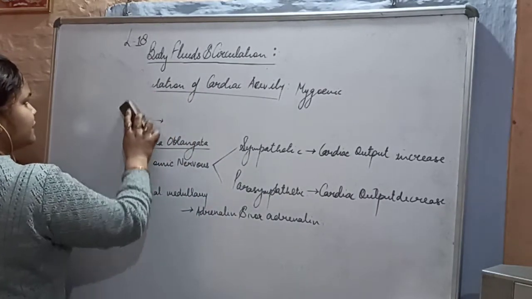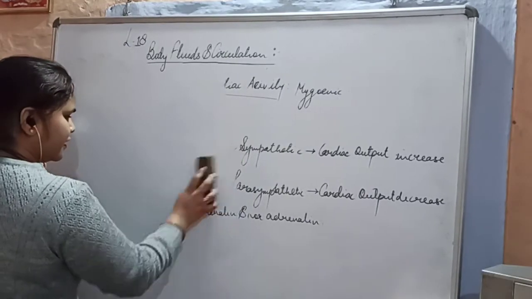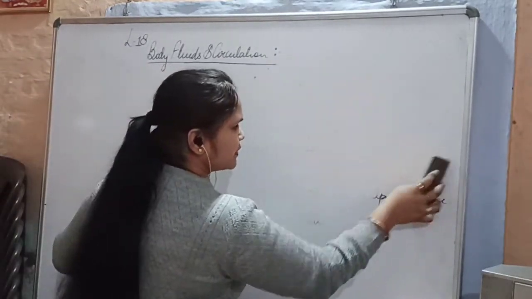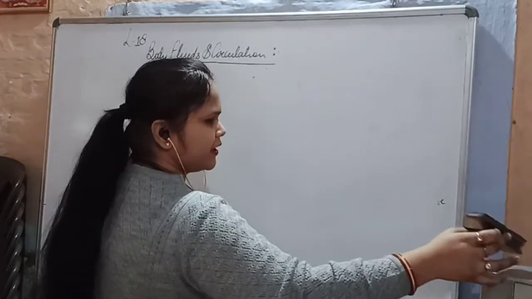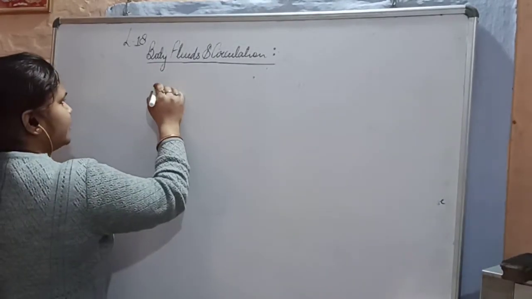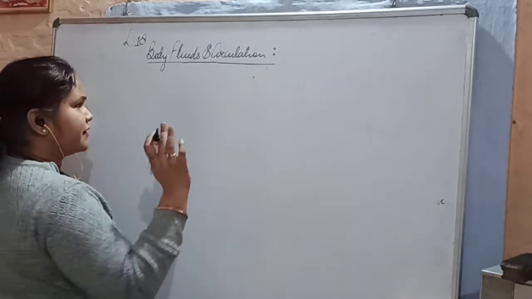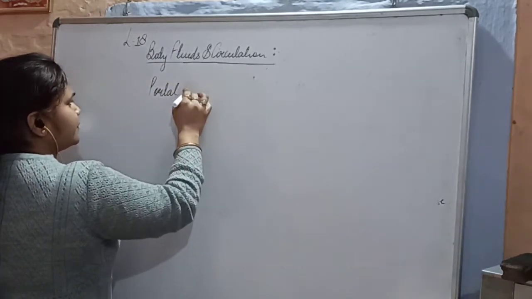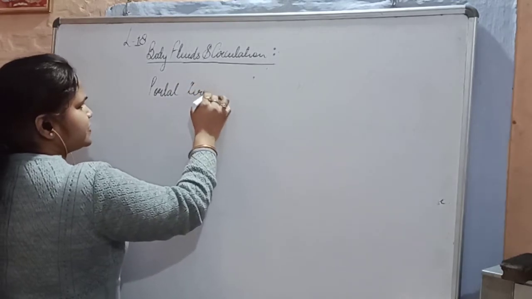The next topic which we have to discuss is the portal systems. We have got two portal systems which we have to discuss in human beings. The cardiac portal system we have already done. So we are going to deal with the portal system, portal circulation rather, we can say this.